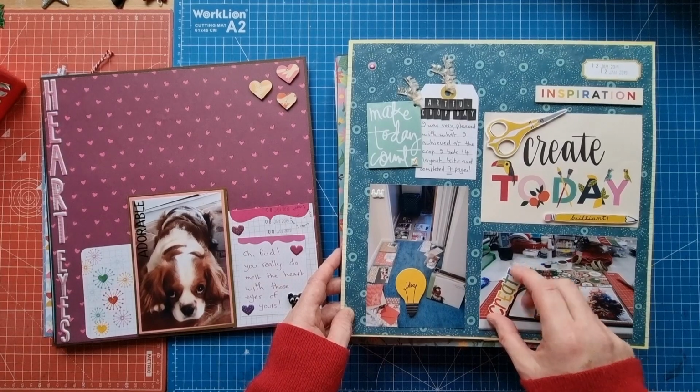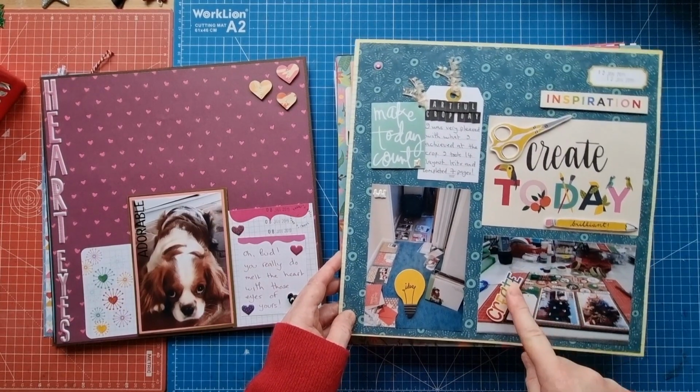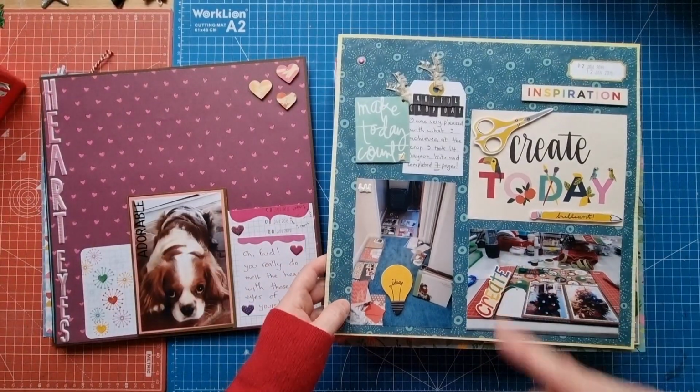4x6 photo. Another one here that's landscape. Oh, I thought that had fell on the page, but I've actually stuck it on like that, haven't I? I've stuck it on at an angle because it's on my craft mat there. So